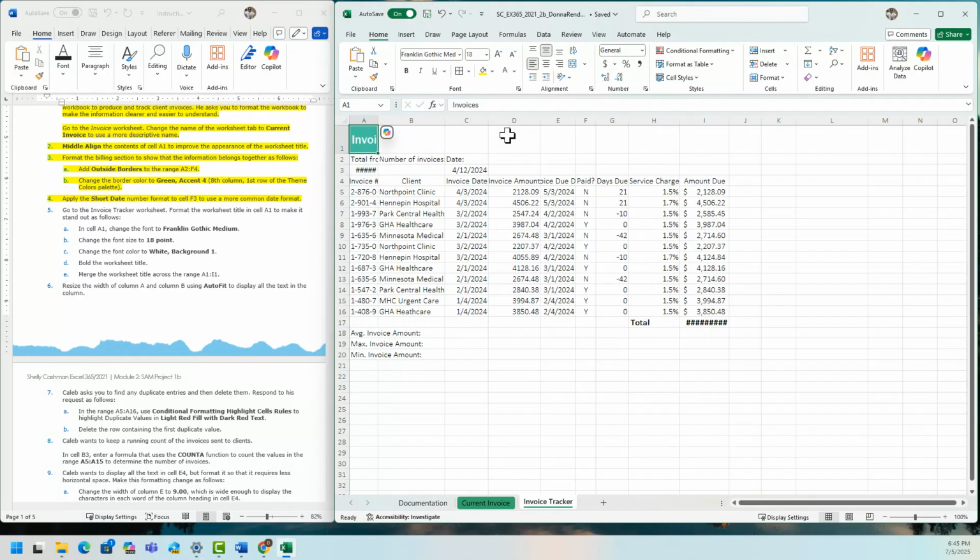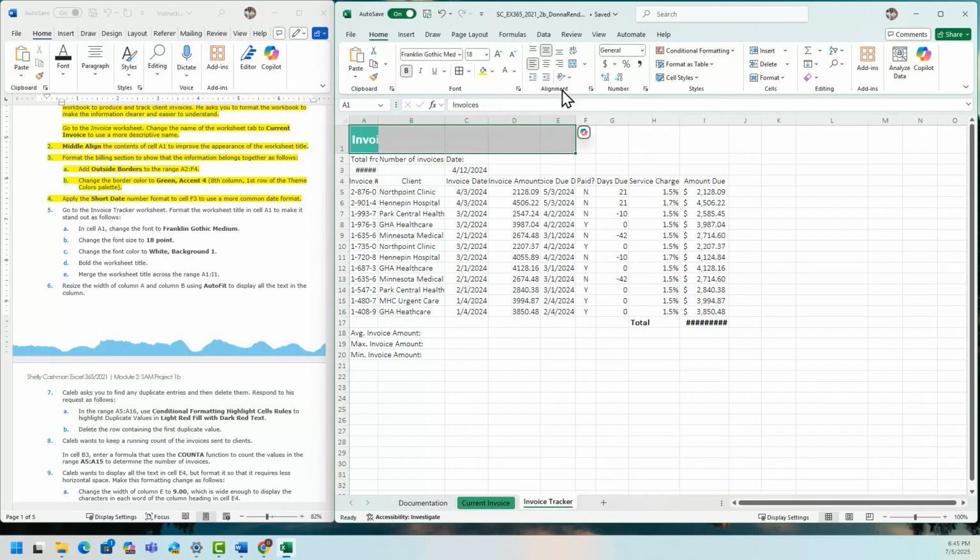Bold the worksheet title. So under the font group, just select B, and then merge the worksheet title across the range A1 to I1. I'm just going to highlight A1 to E1, and there under alignment, I'm going to look for merge.